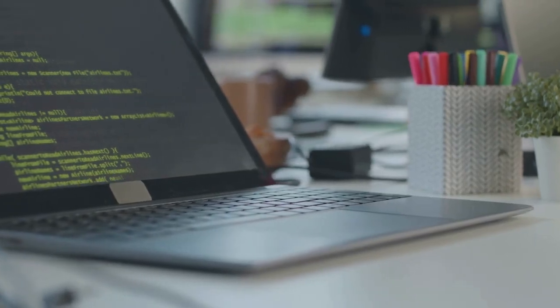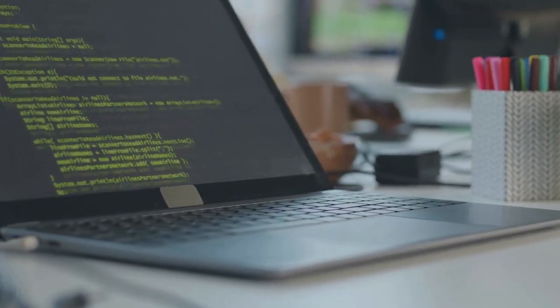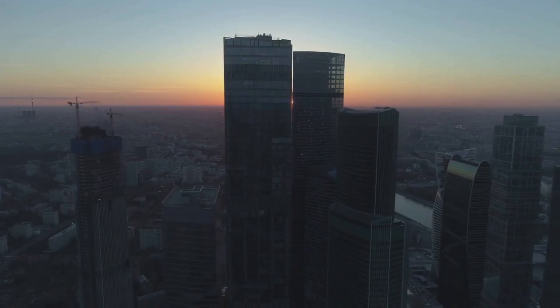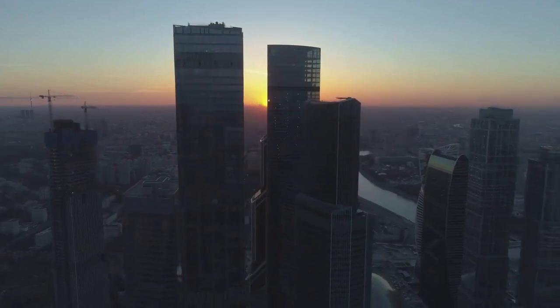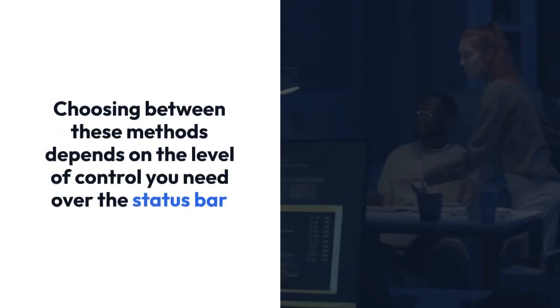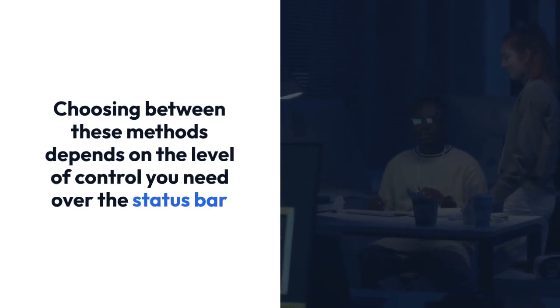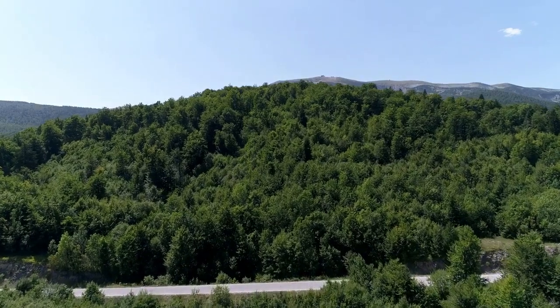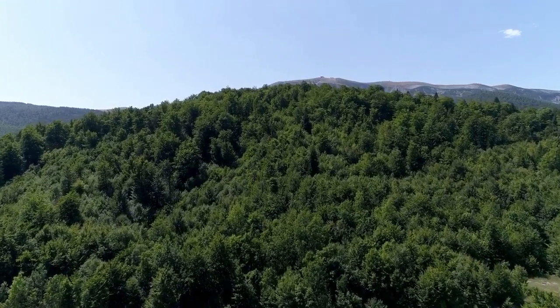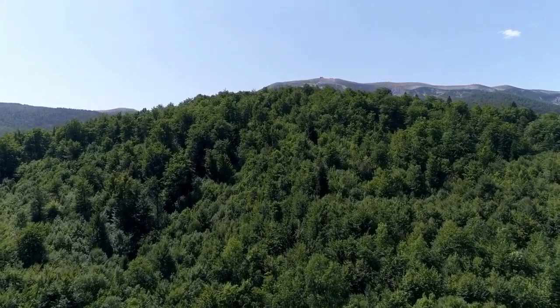Using either method effectively ensures that your app's UI elements are positioned correctly, regardless of the device's status bar configuration. Choosing between these methods depends on the level of control you need over the status bar. For simple height retrieval, MediaQuery is sufficient. For more advanced control, consider using the external